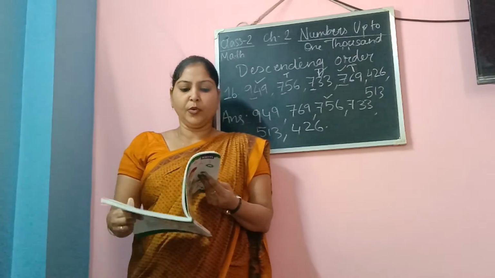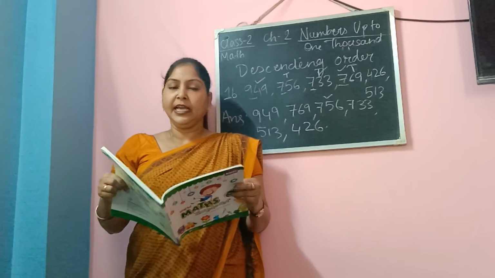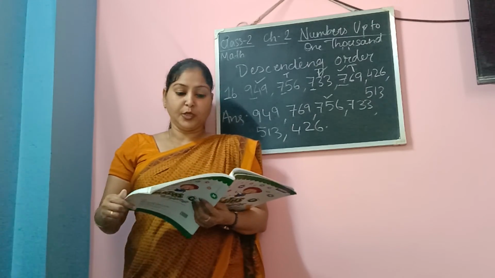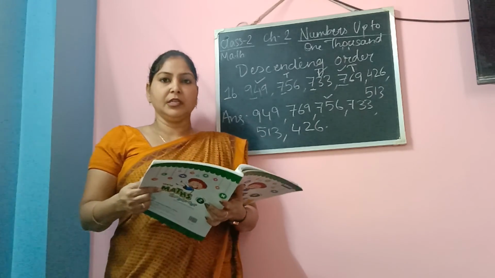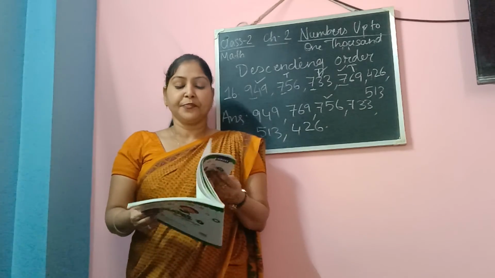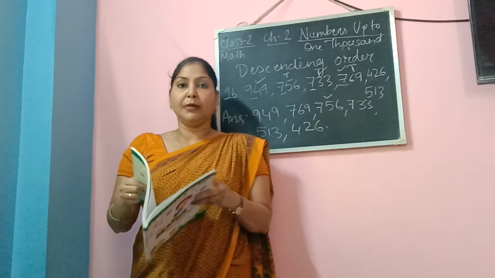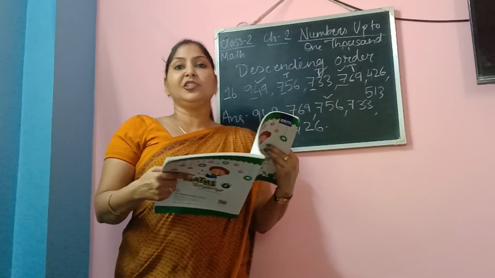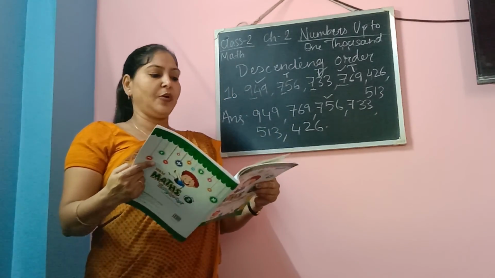Now in this way, you will complete page number 34, 35 and 36 in the book itself and complete your work. Today only I will send you the work in the Google Classroom, and you will submit the work to me, so that I can correct it and find out whether you have understood or not. Okay. So practice these concepts at home. You will be doing page number 34, 35, 36. And page number 37 is test your skill. So that is for your practice. At home you will practice in your practice copy.